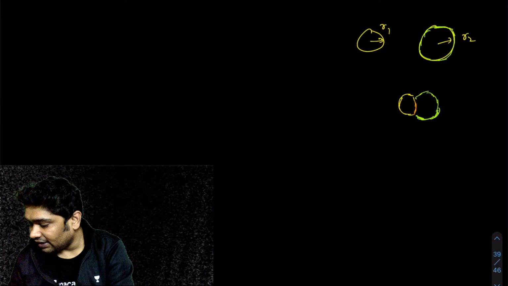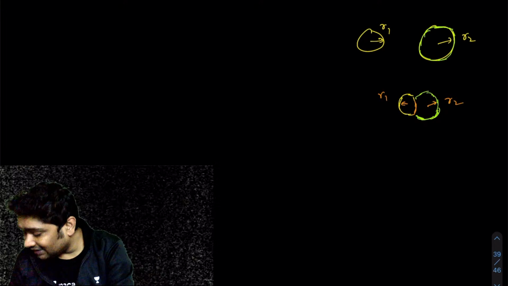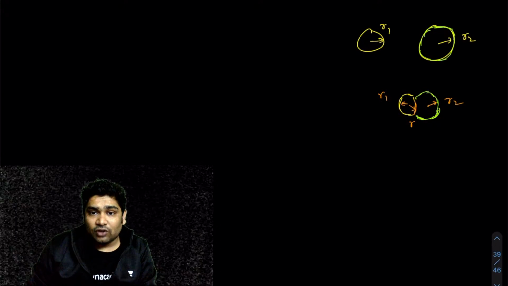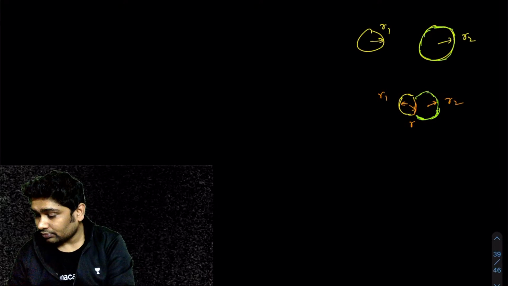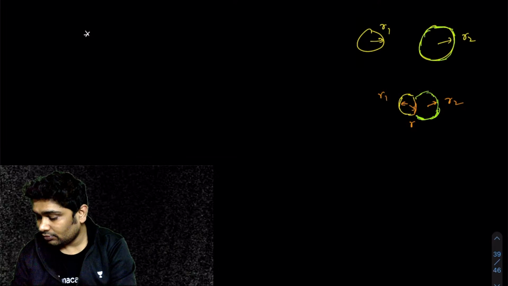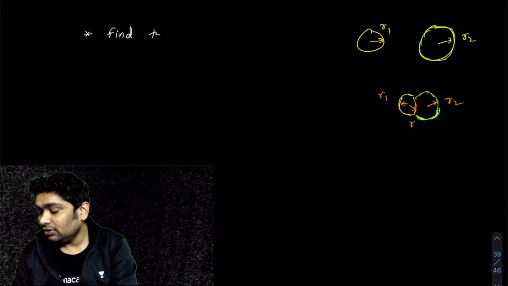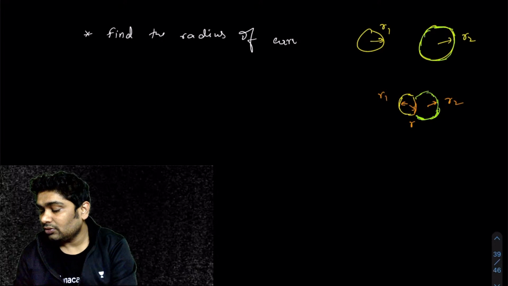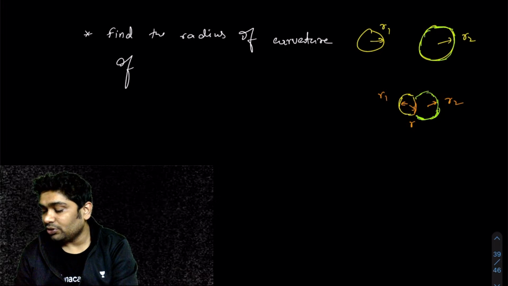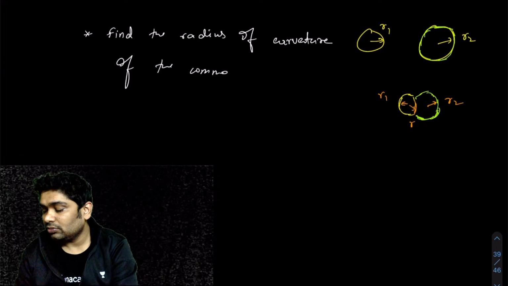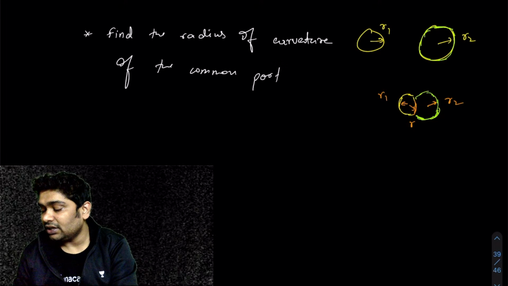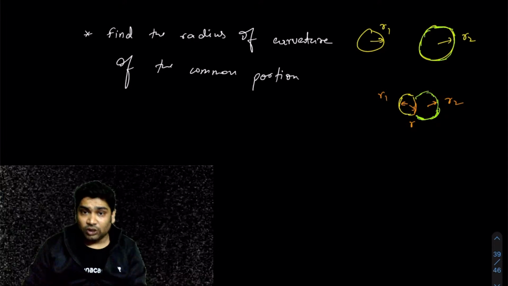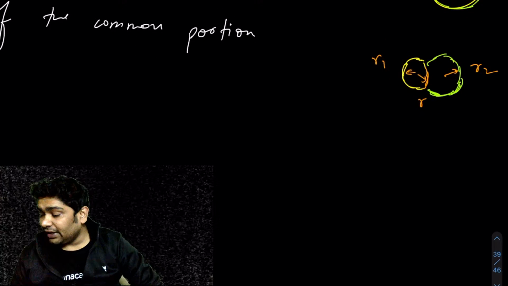ठीक है, तो इधर R1 रेडियस, इधर R2 रेडियस, और इधर का सरफेस का रेडियस कुछ बदल जाएगा, R हो जाएगा। तो द आइडिया इज टू फाइंड द रेडियस ऑफ द कॉमन पोर्शन, फाइंड द रेडियस ऑफ कर्वेचर ऑफ द कॉमन पोर्शन। एक स्टैंडर्ड सा चीज है जिसपे सवाल आते हैं, ठीक है? तो वो कैसे निकालेंगे, उसका बहुत ही सिंपल फंडा है।